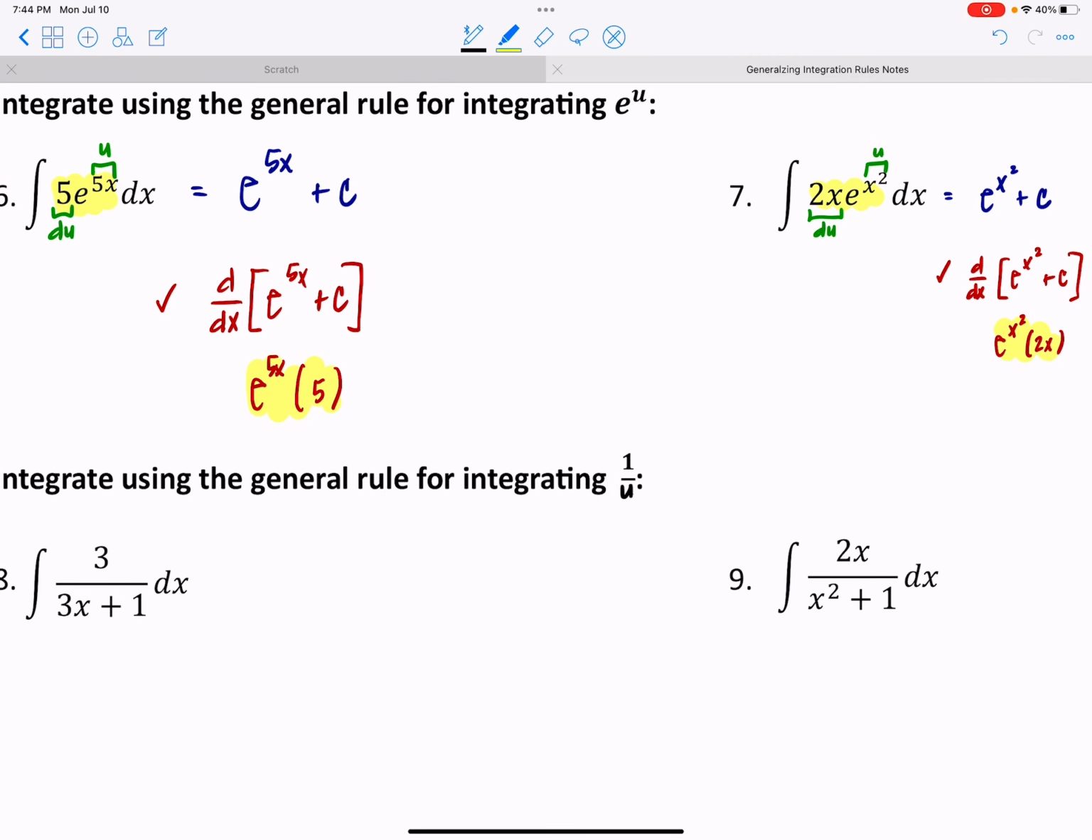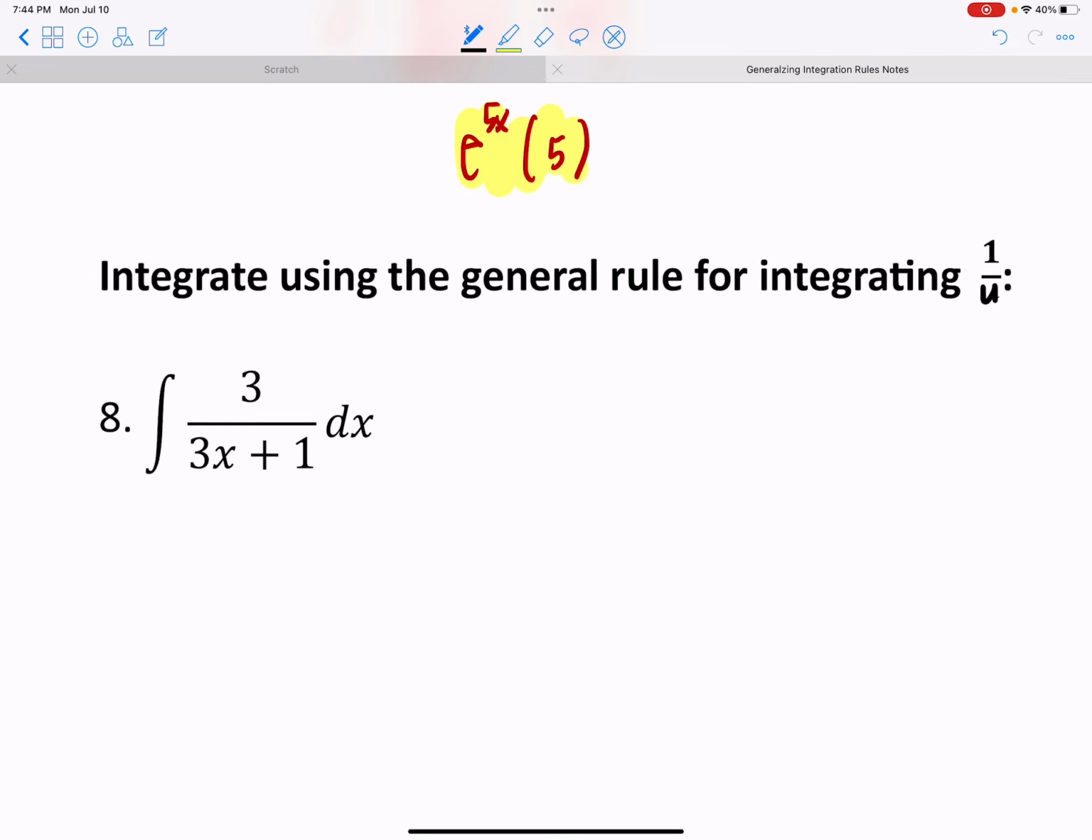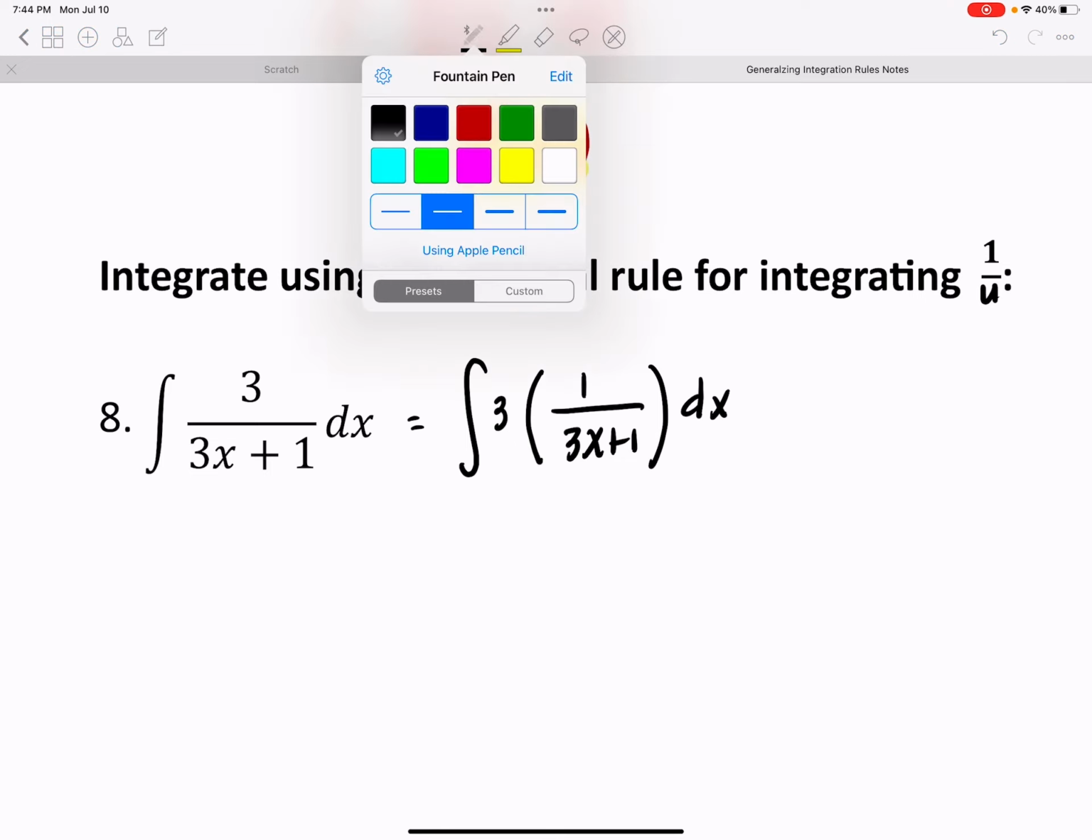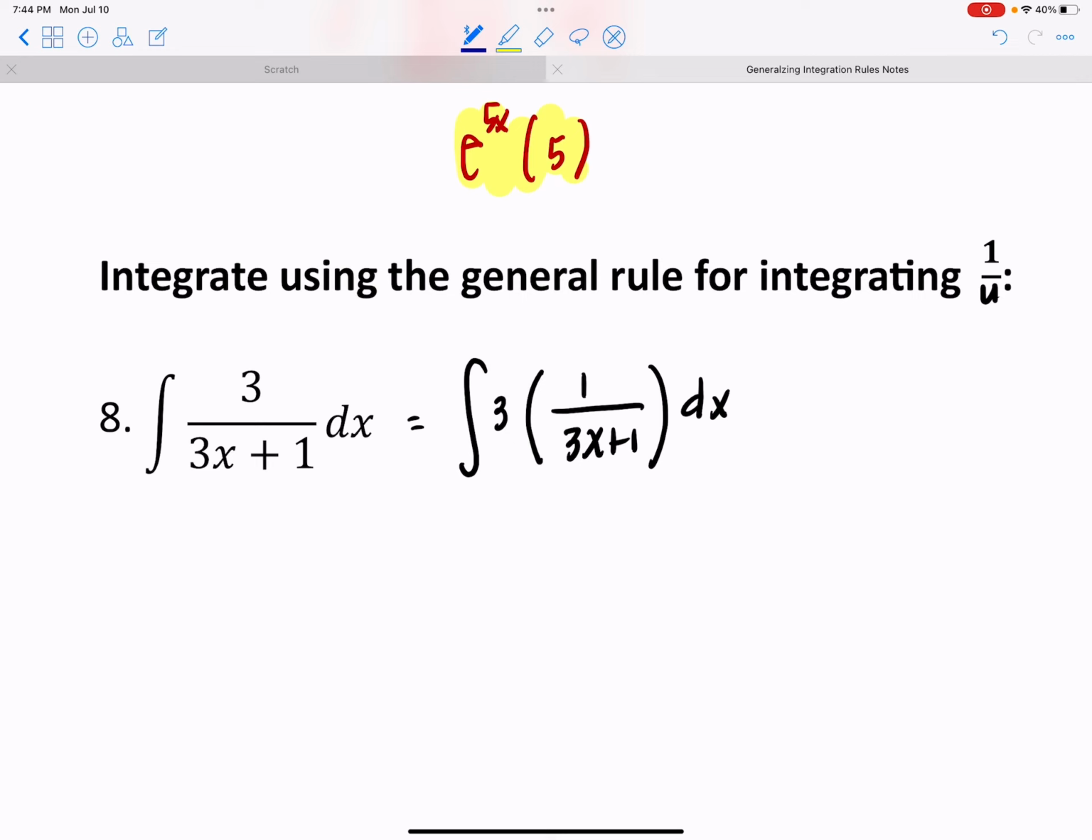But we can only apply that rule if du is a factor. So here, it might be easier if you recognize this is the same thing as 3 times 1 over 3x plus 1. Not necessary to rewrite this integral, but just so you can visually see that the 3 in the numerator of the fraction is like multiplying the fraction by 3 over 1. So instead of 1 over x, we have 1 over 3x plus 1. We're going to call this the inner function u. And the derivative of 3x plus 1 is 3, and I see that here being multiplied,